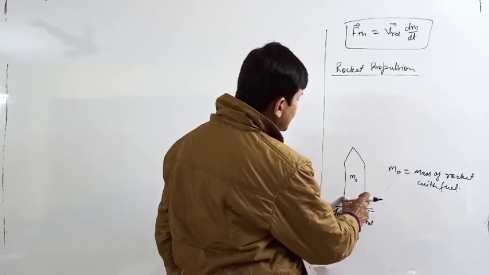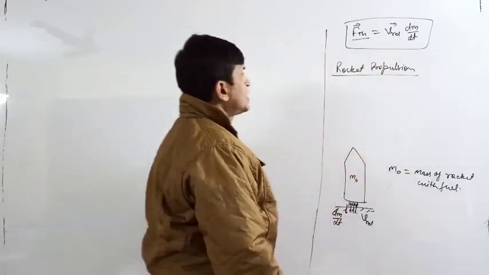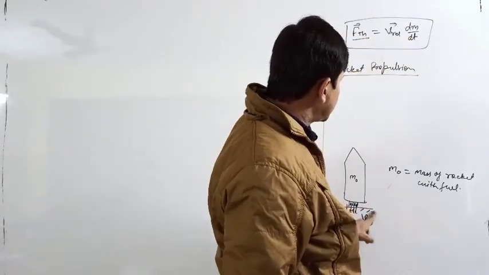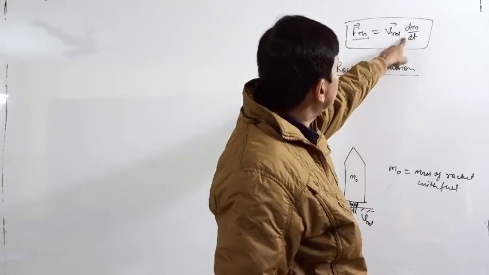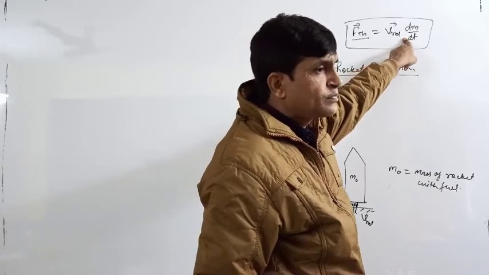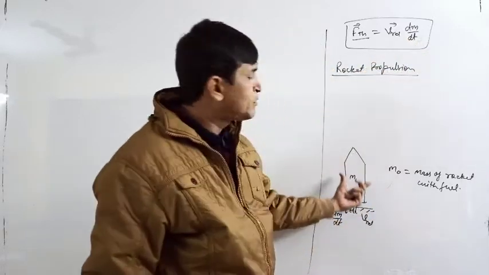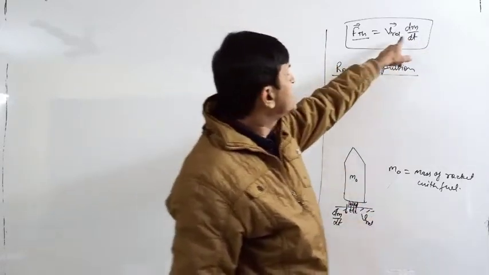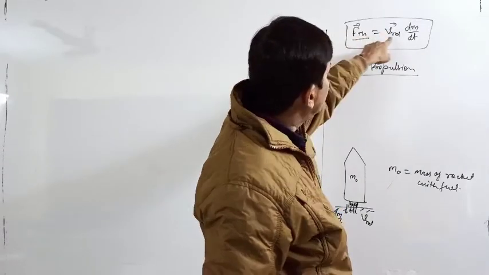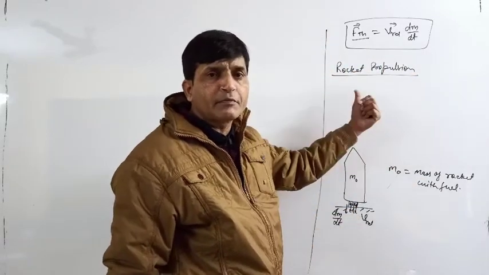Now in this case, if I am making the FBD, first thing, the thrust force. Thrust force is V relative times dm by dt. The V relative velocity we have already considered. Now dm by dt, is it negative or positive here? Yes, it is negative because the mass of the main body is decreasing. Since dm by dt is negative, a minus sign will come here, and the thrust force direction will be opposite to V relative. V relative is downward, so thrust force will be in the upward direction.